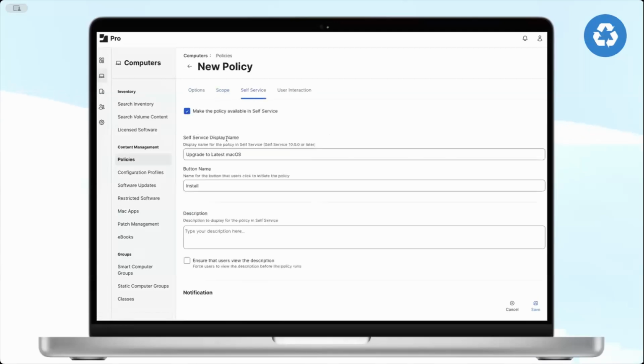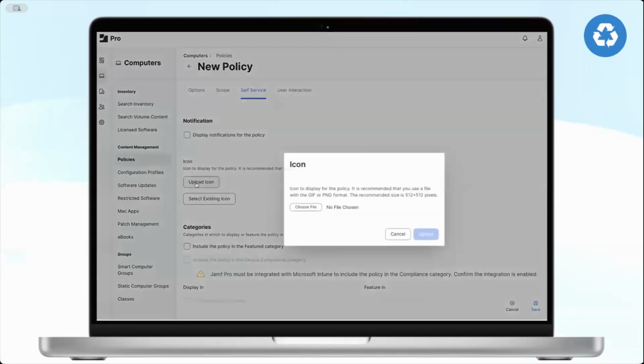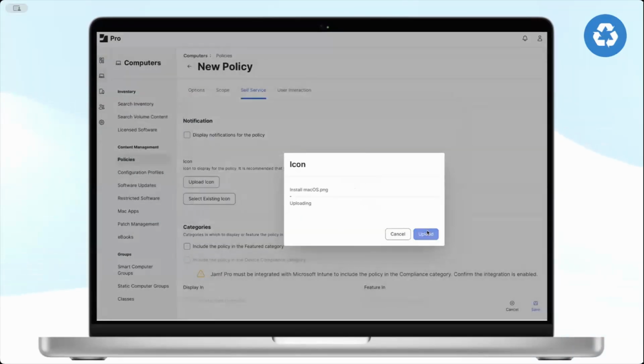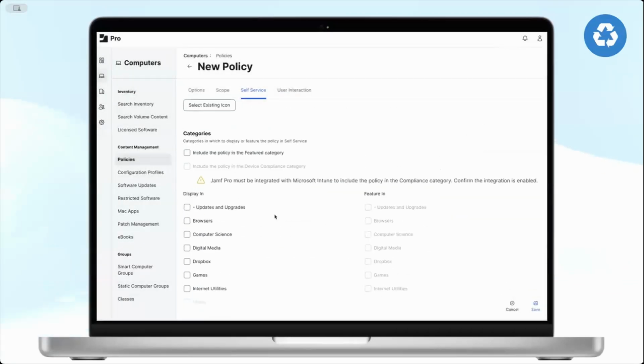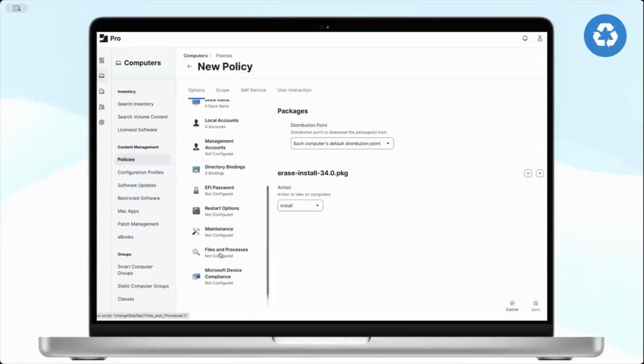It's a self-service policy, so that's kind of okay. And we need to do all the bits and bobs for a self-service policy, upload the icon, etc. And once the icon's up, the important part, as well as adding the package, is that we need to give the run command. So to do that, we'll go into Files and Processes,